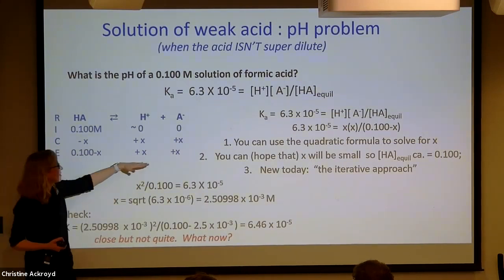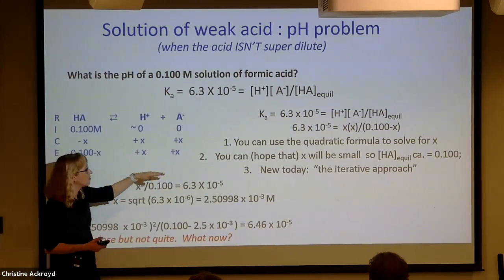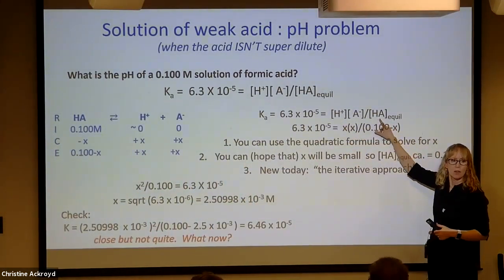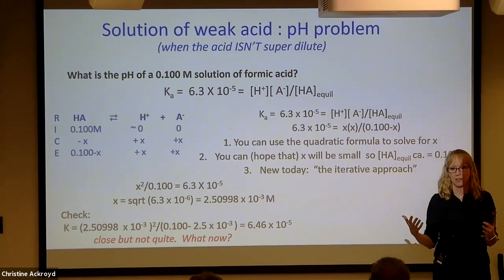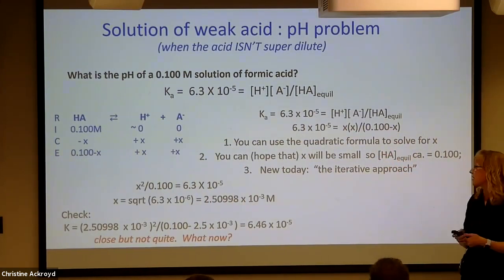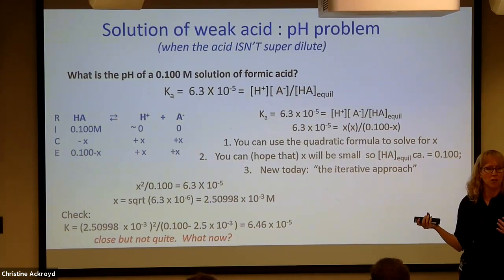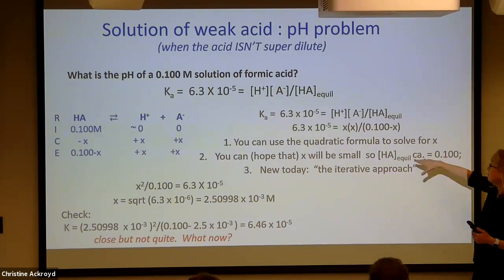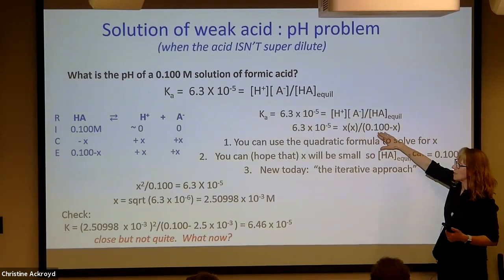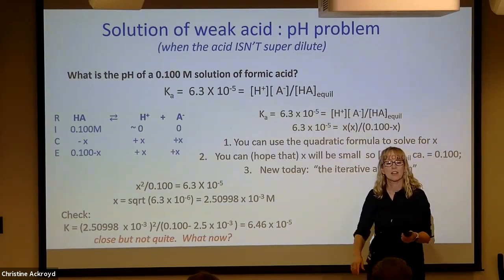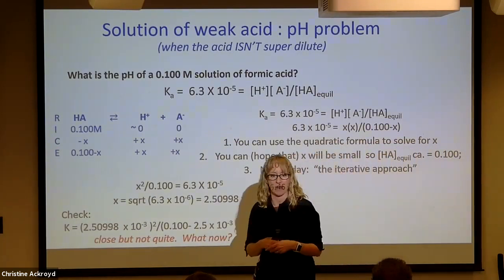Okay, so we set up our Ka. It's the products divided by the starting acid. Why doesn't water show up? I mean, we haven't written it in the Arrhenius model, but if we wrote it in the Bronsted-Lowry model, water would show up in the equation. Why doesn't it show up in our Ka value? It's a liquid, it just falls out. Okay, x squared divided by 0.100 minus x gives us our Ka value. Tell your neighbor from unit 2 how you would solve that.